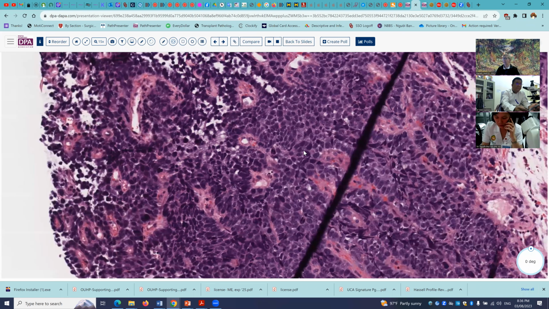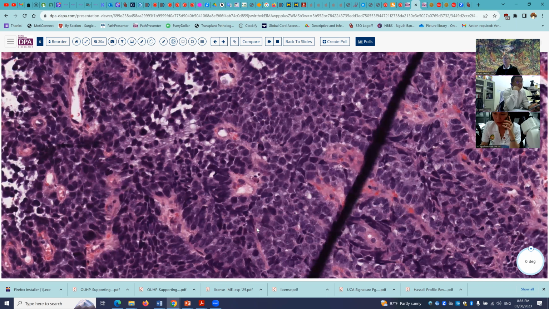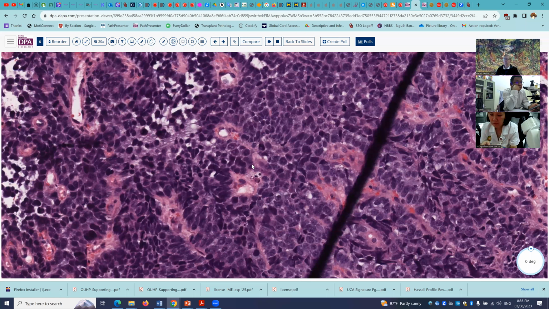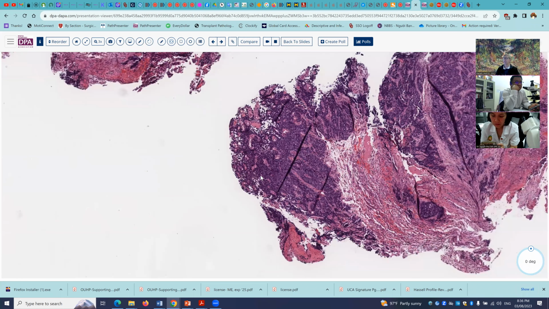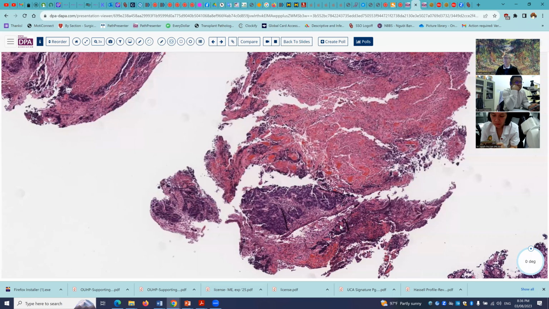We have nuclear molding. We have lots of high-grade malignancy, high-grade morphology, and so forth. And I was just about ready to sign it out as small cell neuroendocrine type carcinoma when I noticed